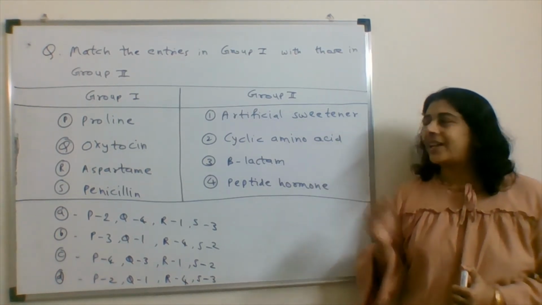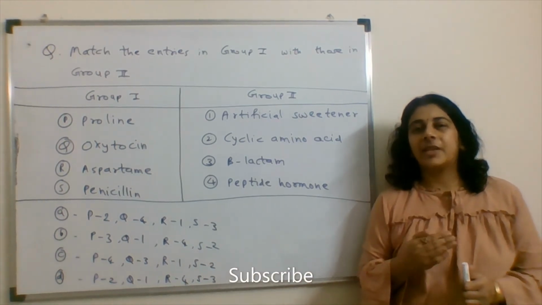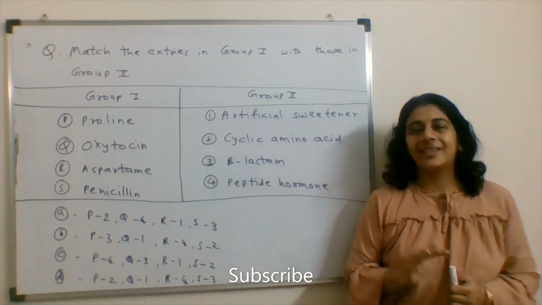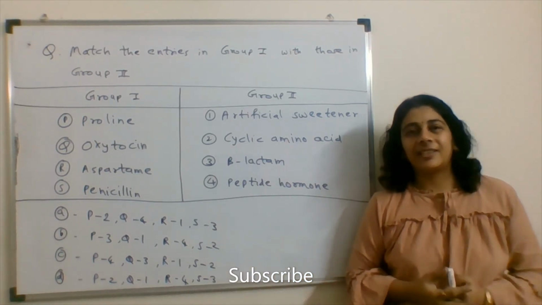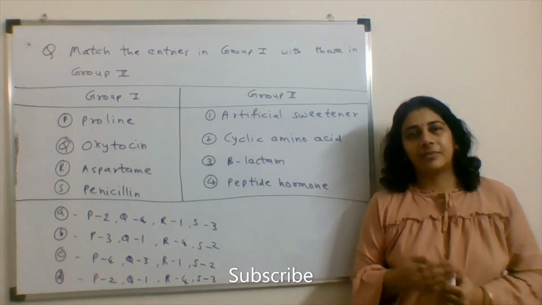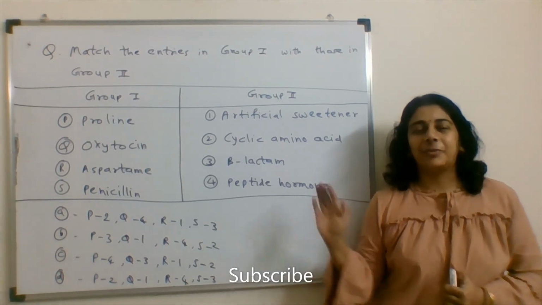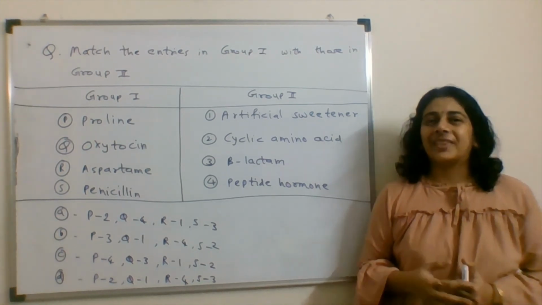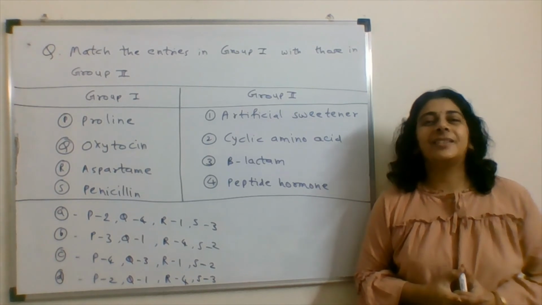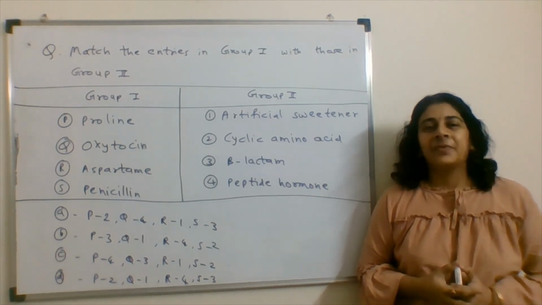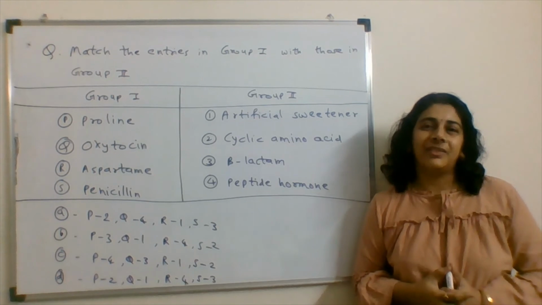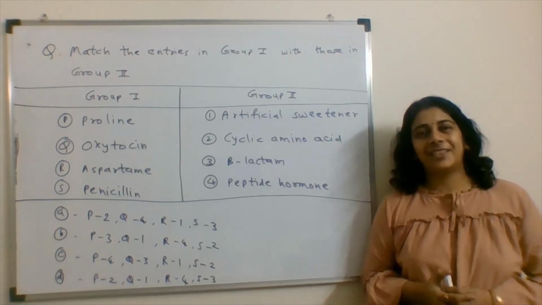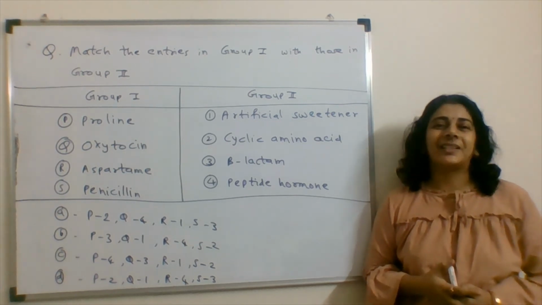When we go for match the column, these questions become quite easy if you know 1 or 2 matches, right? So you can guess the other 2 matches. If you know 1 or 2 matches at least, then you come to know the answer for this question. So I think these are the questions that are quite easy to solve when we attempt such a competitive examination. Okay, so we'll have a discussion for this question in my next video.